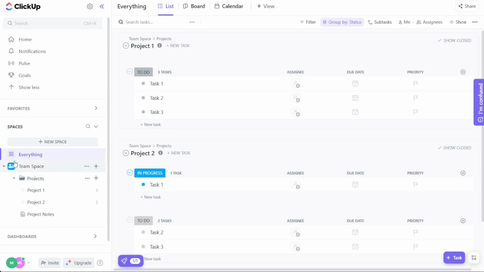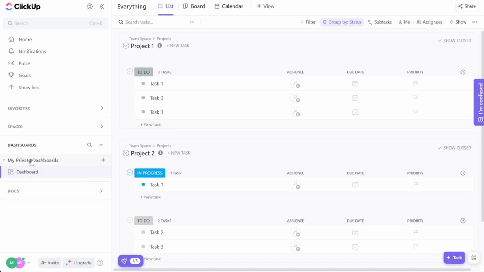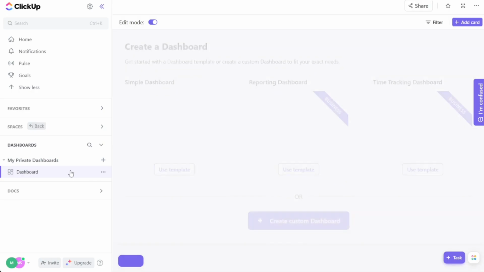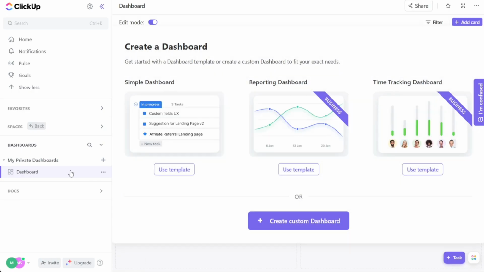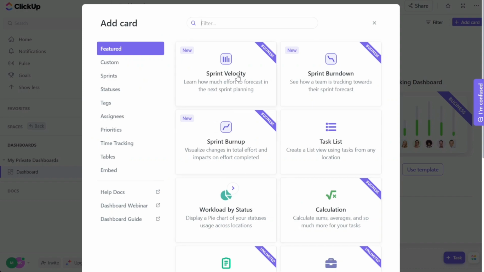Next on the left navigation menu is the Dashboards tab. Dashboards provide a high-level overview of all of your data and can be used to create and share insightful reports with your team. With dashboards, you have the flexibility to create custom views using various chart types such as line, bar, and pie charts. These visualizations help you analyze and interpret your data from different perspectives, aiding in effective decision-making